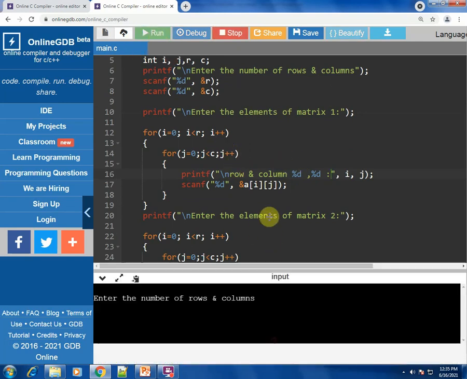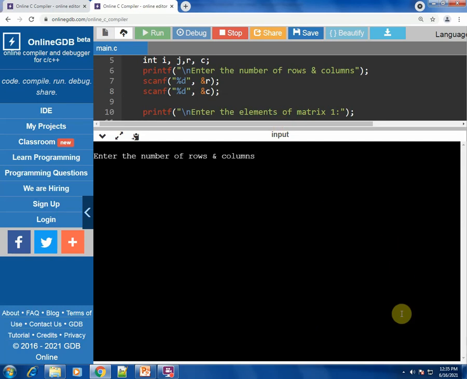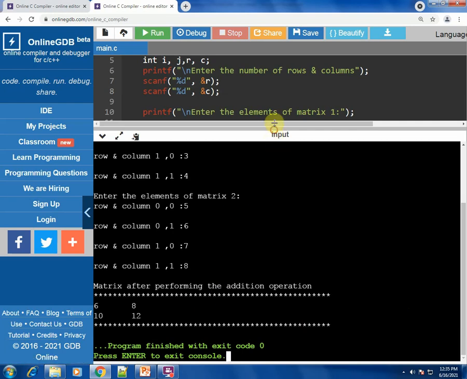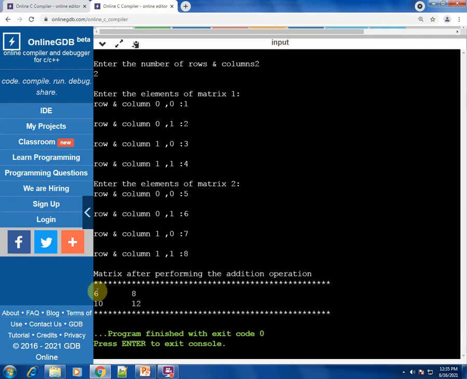Let's run the program once again and see how the output occurs. Okay, so number of rows, again I entered 2 and 2 columns, so 2 by 2 matrix. So now you see that it is more readable and more presentable output. So let me enter small numbers right now for the addition. So this is my matrix 1. Okay, matrix 2, let me enter single digits itself so that it becomes easy for you all to calculate. Now as you see over here, this is how the output is presented.